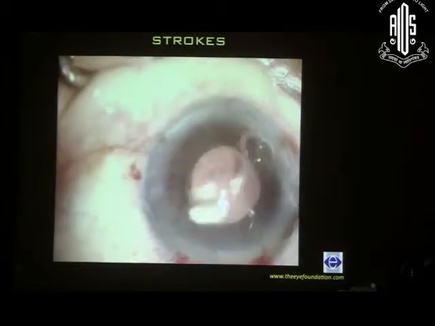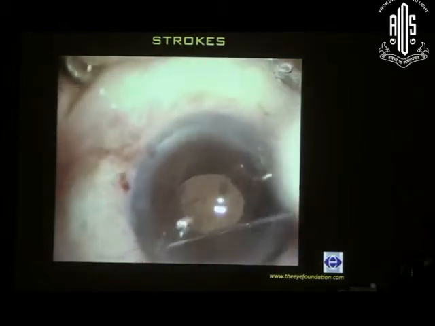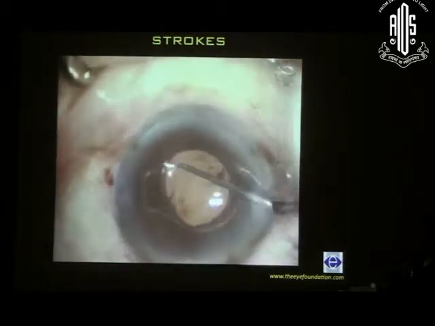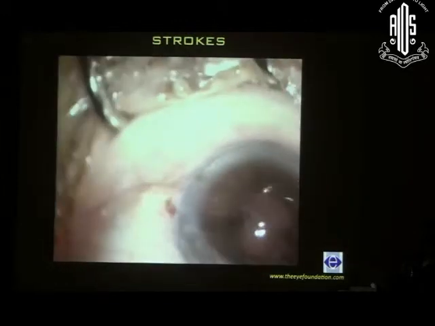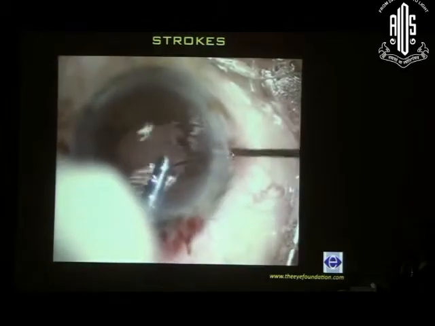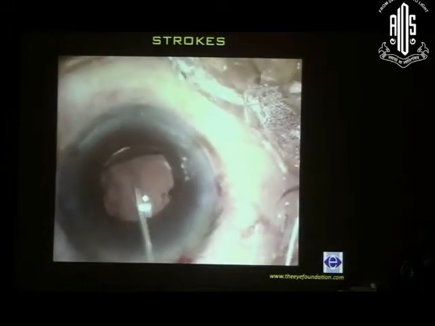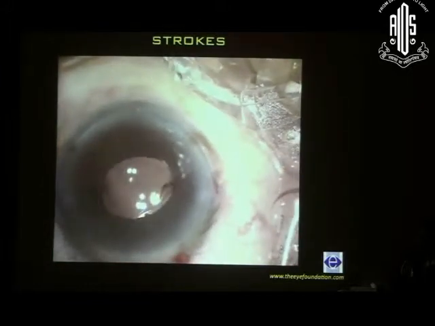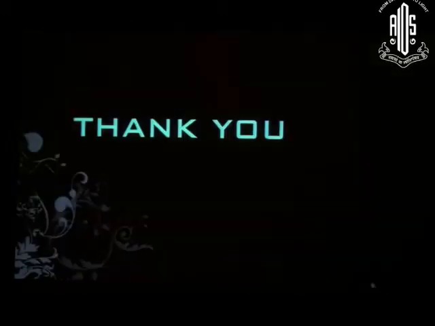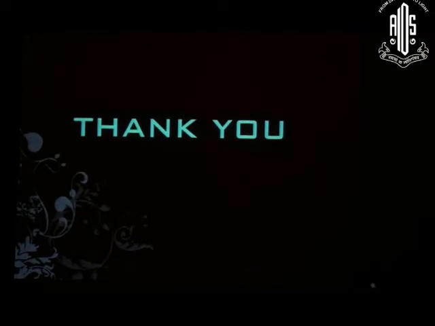And once this is done, this iris clip lens is in the PMMA material, 9mm overall length with a 5.5mm optic. You make 2 enclavation side ports, and you just stabilize the iris clip lens and hold it against the posterior stroma, and then nick the iris tissue so that it gets gripped into the iris claw. So these are all different simple examples where a role of CTR comes to play. Thank you very much.